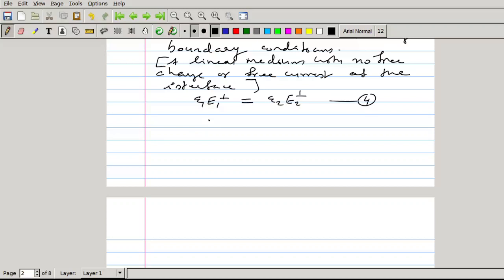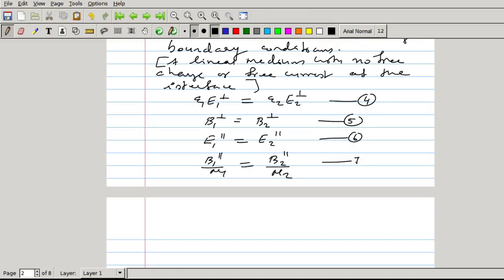Then the second boundary condition is B1 perpendicular equal to B2 perpendicular. Equation number 5. Now the third boundary condition is E1 parallel equal to E2 parallel. Equation number 6. Now the last boundary condition is B1 parallel by mu1 is equal to B2 parallel by mu2. So equation 7. So the field vectors on the left side, E1 is E_I plus